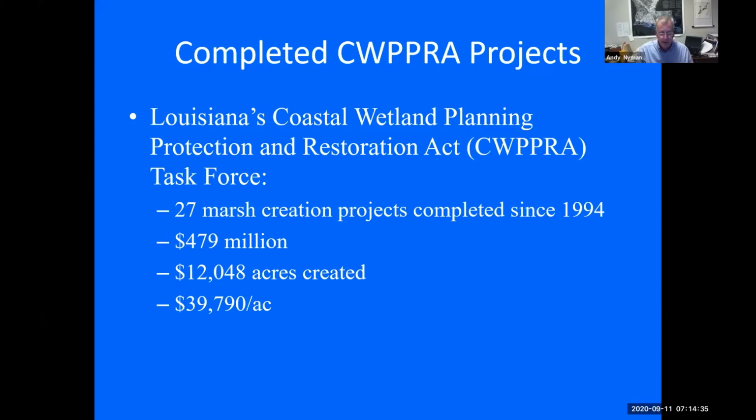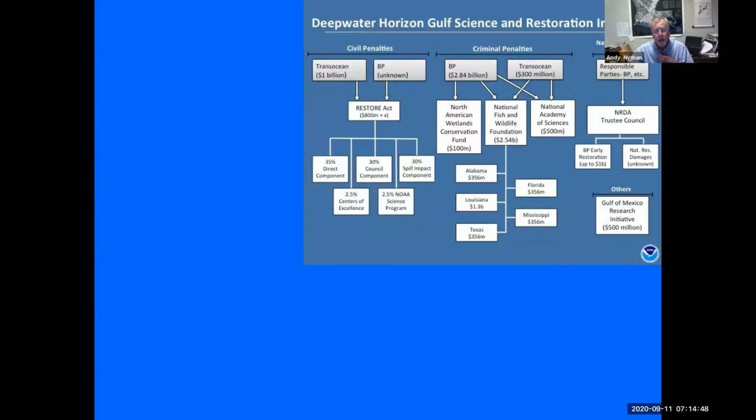And so this technique certainly wasn't invented here, it's been going on before 1994, but we do a lot of it and people look to us for how to do it. And looking forward, there's going to be a lot of money for wetland restoration. And that's, unfortunately, because of the Deepwater Horizon BP oil spill in 2010, which killed 11 people and put all that oil in the landscape. And there's a lot of money. There's billions of dollars